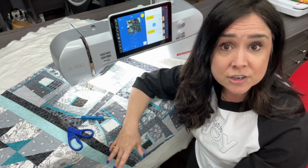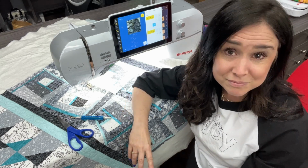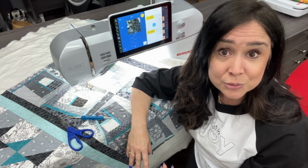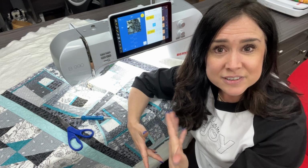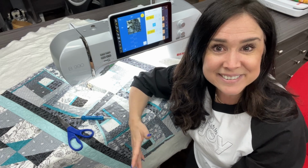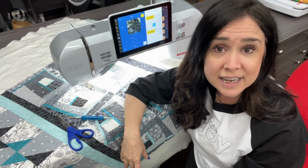But I'm also going to talk you through some slides to make it easy for you to do this using whatever Bernina you have. Of course, you can also do ruler work quilting, free motion. You could even do some straight lines using the chain stitch. But I just decided, hey, why not bust out the 990, the cool new tool in the box, to tackle this month's project. So let's have a look at our supplies, what section we're doing, and all of that good stuff